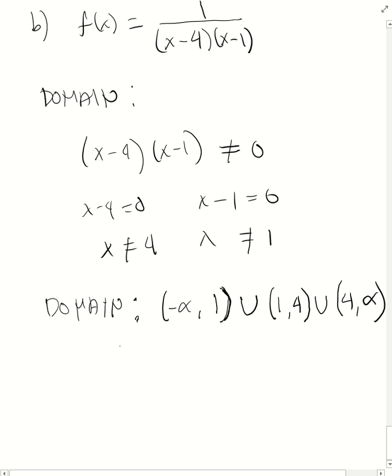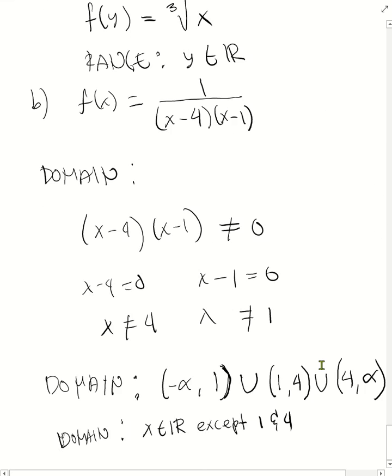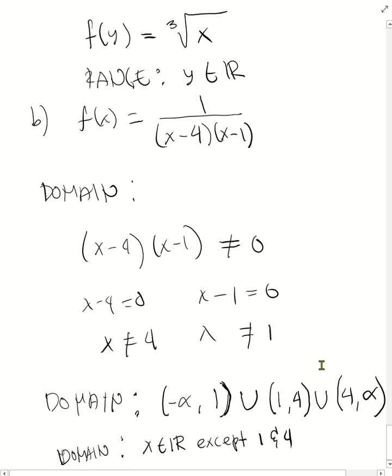The simpler way is to just say the domain is all the real numbers except 1 and 4. So except 1 and 4. So this is a simpler way of writing the domain. How about the range? It cannot be equal to 1 and 4. So for the range,